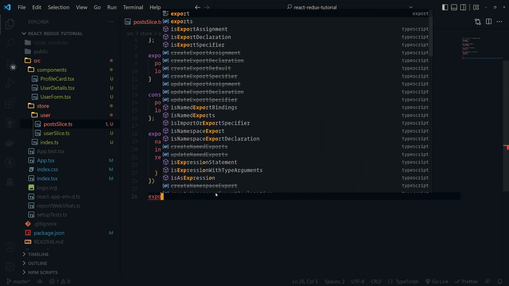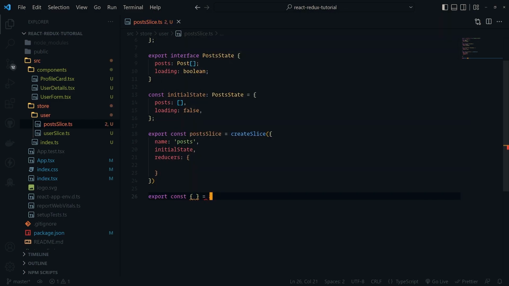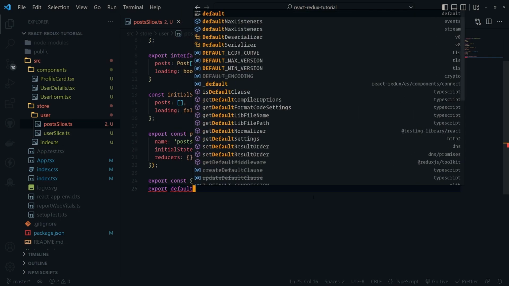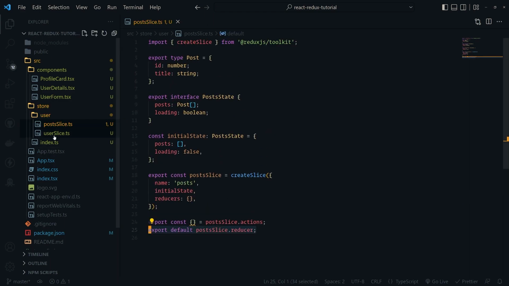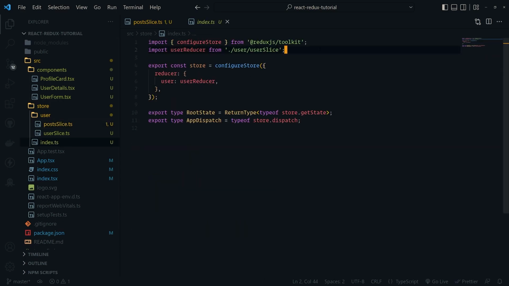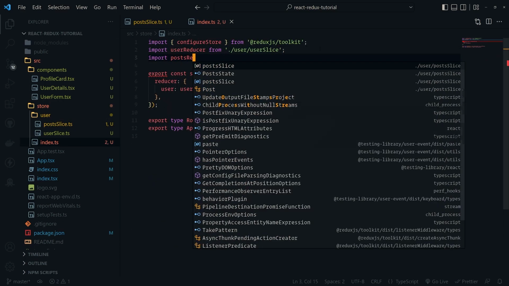We'll go ahead and now export any reducers that we have by destructuring it from postSlice.actions. We don't have any reducers right now, but whenever we add a reducer inside this reducers object, we're going to have to export that from the actions, okay? But we need to also export the actual reducer that comes from the postSlice object, so we'll do export default postSlice.reducer. Okay, and all we got to do is just import this postSlice default export into the index.ts file. So we'll do import postsReducer from